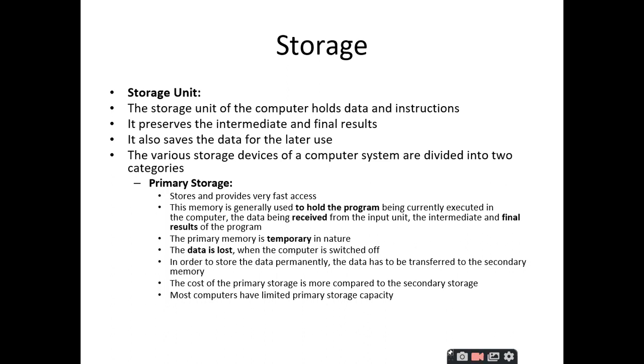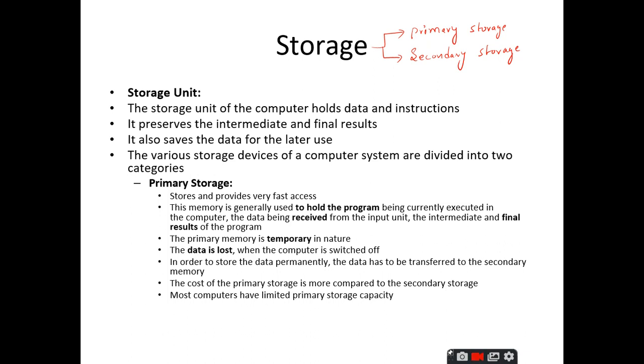The storage of the computer is broadly categorized into two categories. Very important topic. This is the primary storage and the second category is secondary storage. Now, we will see what a primary storage is, what the characteristics of this primary storage are and what the various types of primary storage we have. Similarly, we will also discuss what this secondary storage is and what the various examples under this secondary storage are. All these things we will discuss.